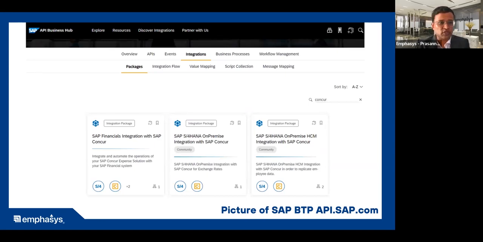So the easy thing is to go to the API Business Hub, or even from within the cloud integration, go to Discover, and find the system that we want to integrate. And then let's say we select S/4HANA and want to integrate it with Concur, for example. You choose that, and then you see what the available artifacts and integration flows are. And if that meets your requirement, we just